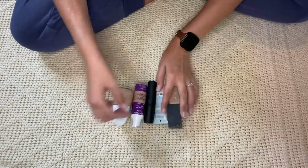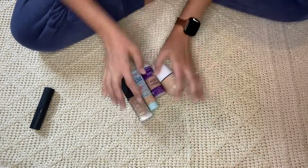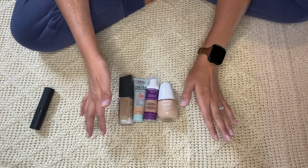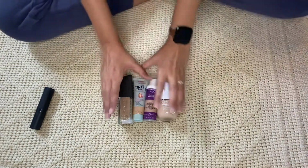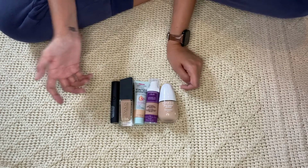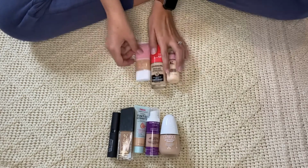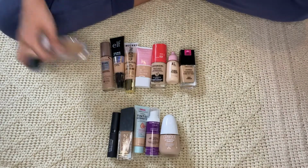So these products that I have here, barring this one because I haven't used it, these four, give me, I think, the best looking skin with foundation that I think is realistically possible. Realistically possible. I love these. These are my four, and I'm going to try this one out. So yeah, this is great. This is wonderful. I am keeping five, and I'm getting rid of 1, 2, 3, 4, 5, 6, 7, 8,